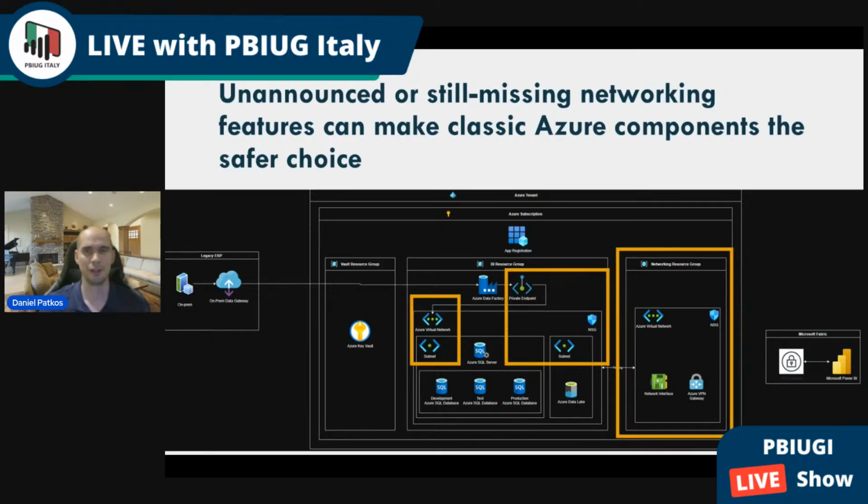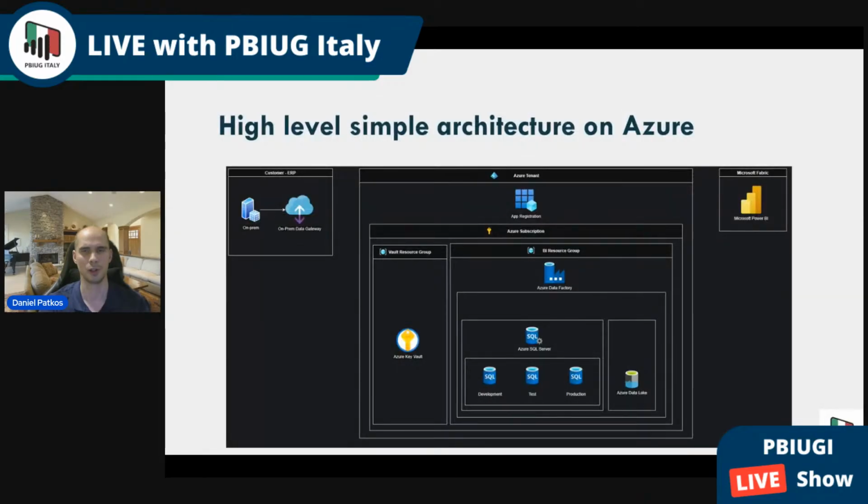If you need a private endpoint to connect to resources, to connect to an on-prem database, then again, it's not F2 specific, but Fabric is not going to cut it. You need to rely on Azure services. So based on the scale of the project, I think F2 is better than the infrastructure I showed, because